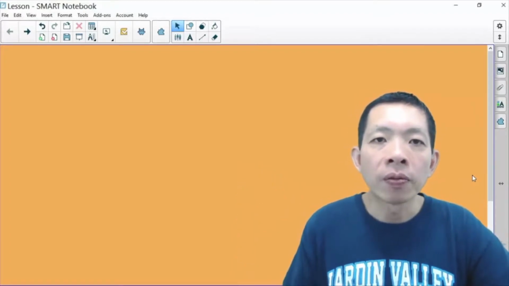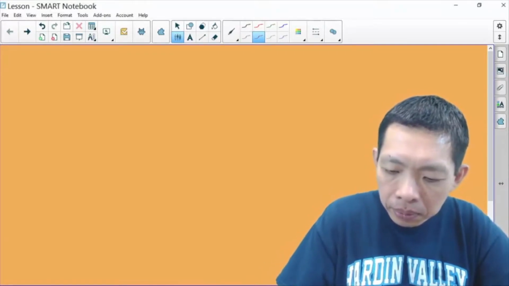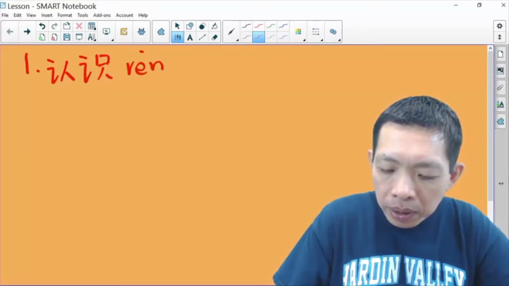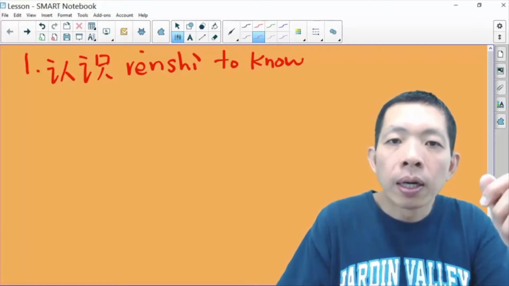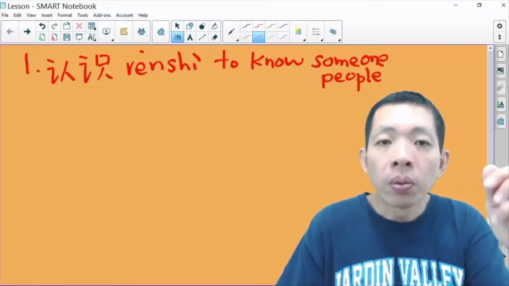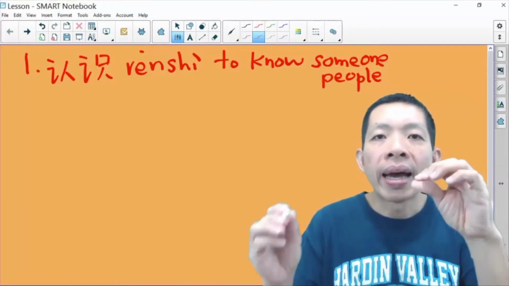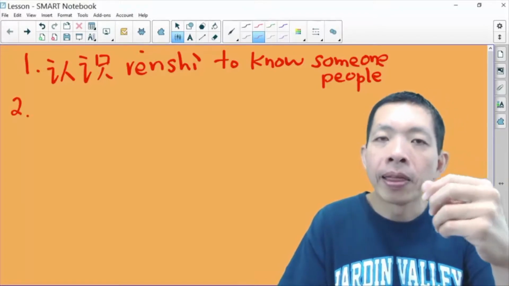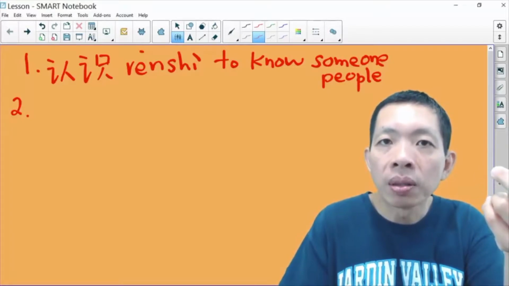Okay, so let's look at our first vocab for lesson 8. Number 1 is 认识. The definition is to know. Now, it's not to know things. Actually, it's to know someone, people. So when you say 认识, you have to use it like this: 我认识你的同学，我认识你的弟弟. The object has to be a person. So you can say, hey, 你认识我的朋友吗？我认识你的朋友。